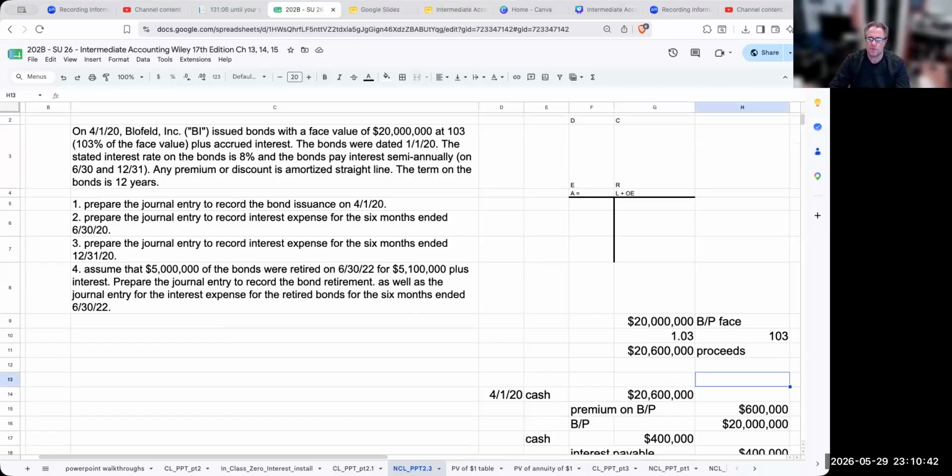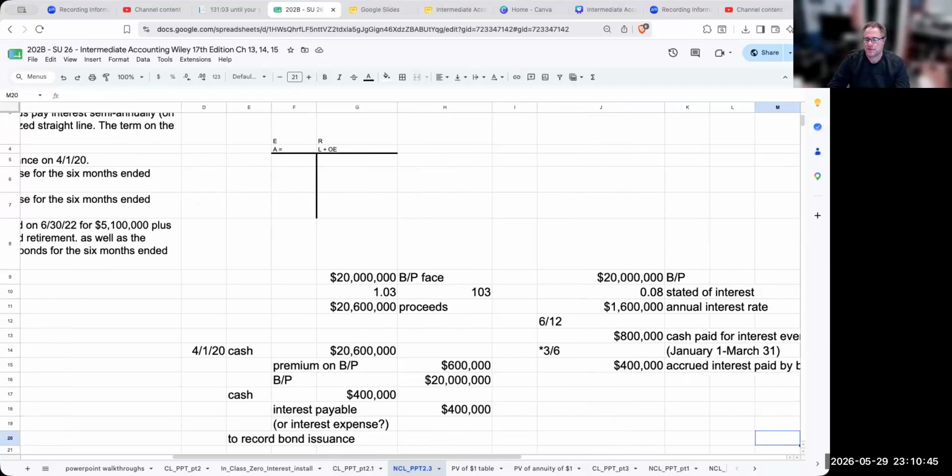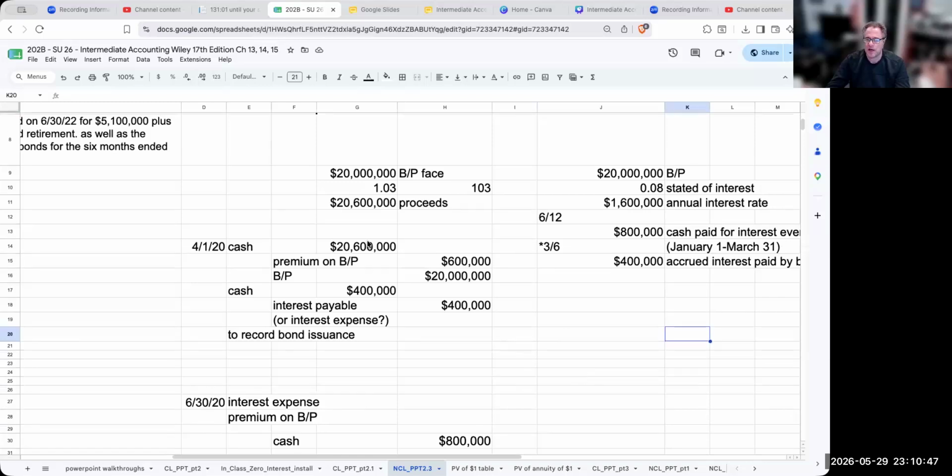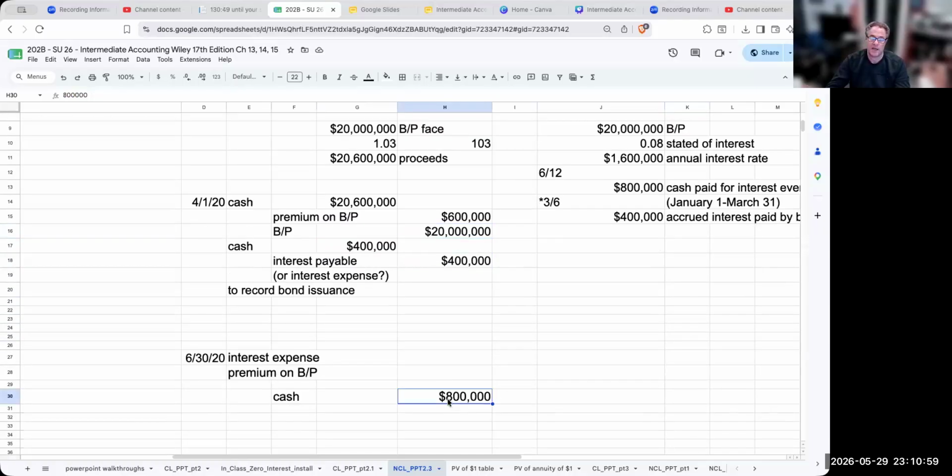Okay. So when we look at this, essentially we've got the cash coming in at 103, premium, always record bond payable at the face amount. But at the same time, the buyer of these bonds is going to front us the interest because we're paying out 800 grand of cash. So that's why we had to go through and say, okay, the semi-annual interest payment's 800,000. But then over here, we've got the interest accrued, basically that's how much they're fronting us in terms of the cash. And I've seen that recorded also as interest expense.